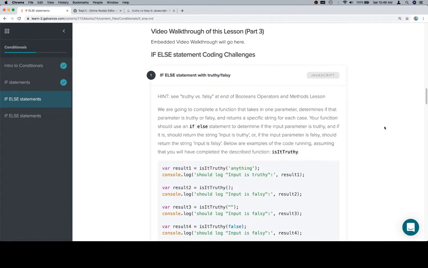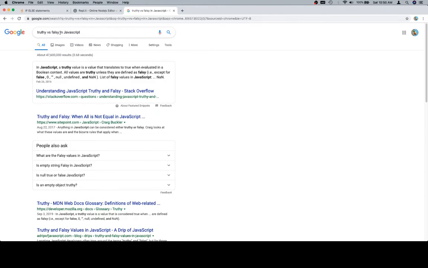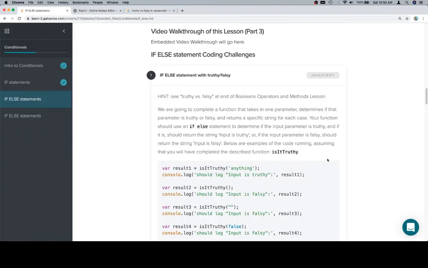Hey all, this is part 3, and we're going to do an if-else statement with truthy and falsy. So, again, there's a hint, truthy and falsy, at the end of the Booleans, operators, and methods lesson, or you could just go to the truthy versus falsy in JavaScript page, which is to say just search that in Google. But again, the idea is that there are about 6 falsy values, everything else is truthy, and the idea is